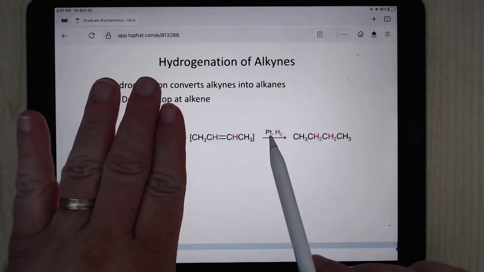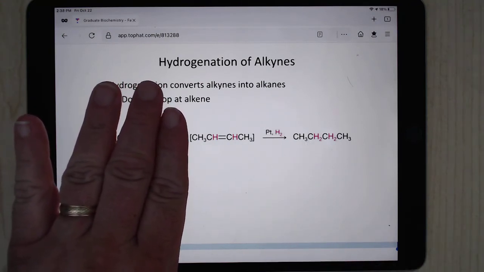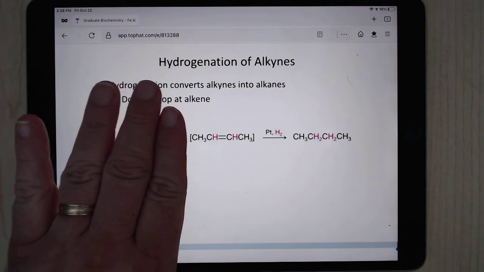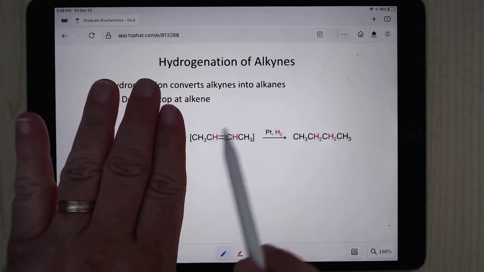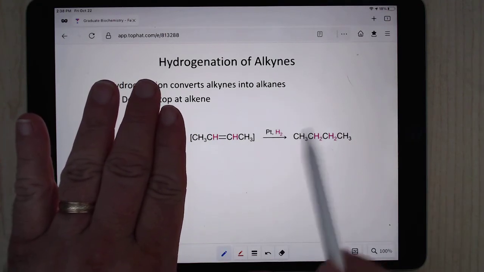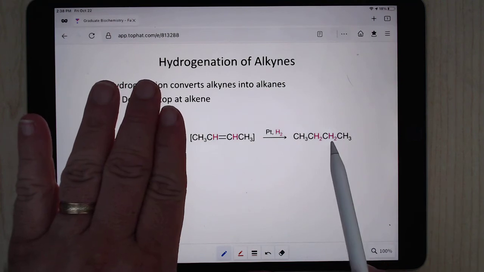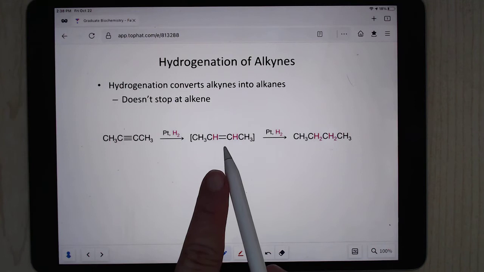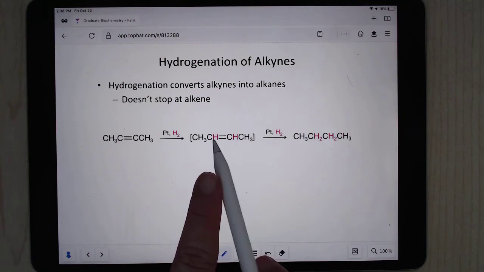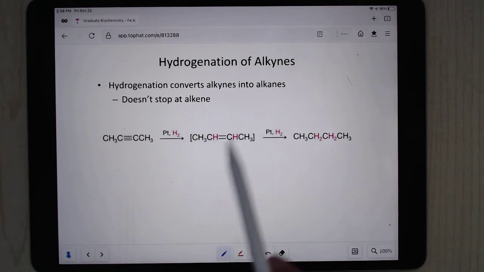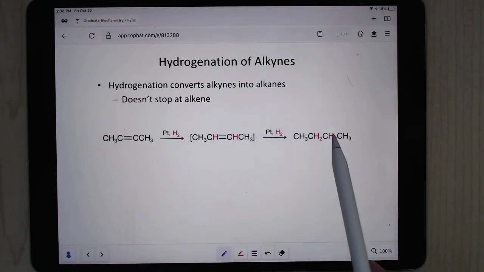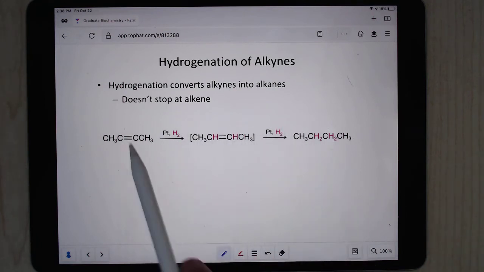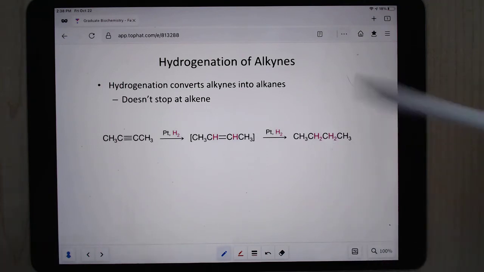So if you've got platinum or palladium on carbon or some sort of metal catalyst, nickel, it's going to convert that double bond into a single bond by adding H2 across here. Same thing happens with a triple bond. You come in here and you add your first hydrogen molecule across here, but this is still reactive, and so it's going to convert this triple bond all the way to the